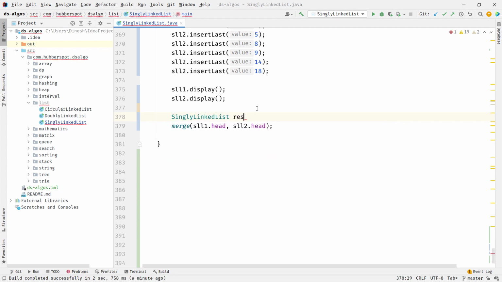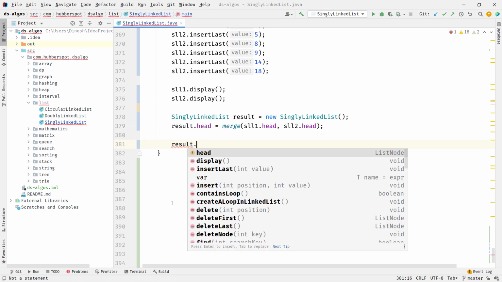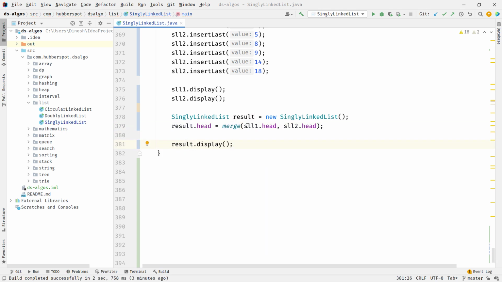We'll give it the name result, and whatever list node this merge method returns, we will simply add it to result's head like this, and we will simply do result dot display. So when we merge these two sorted singly linked lists, this head will actually hold that list, and then here we are calling the display method to print the contents of the final list.